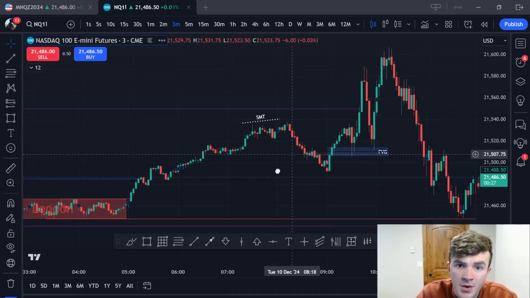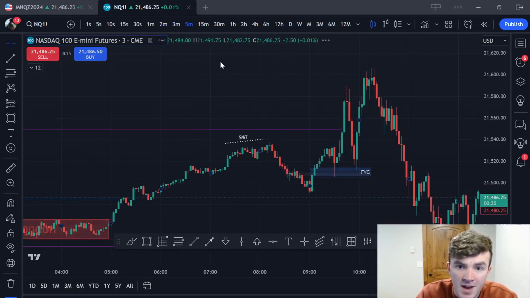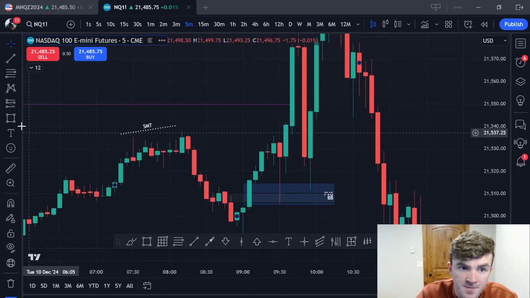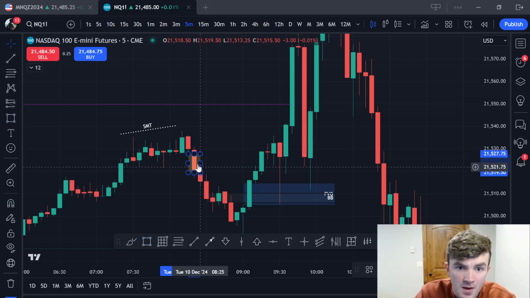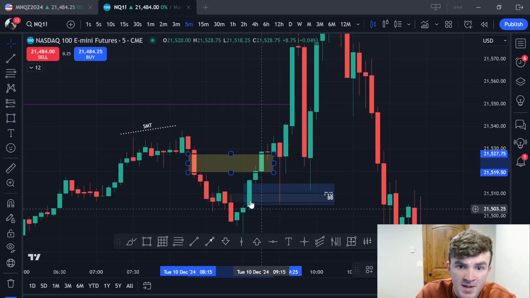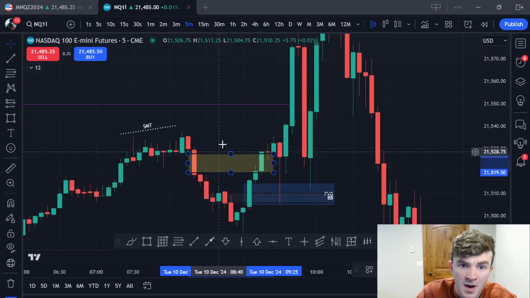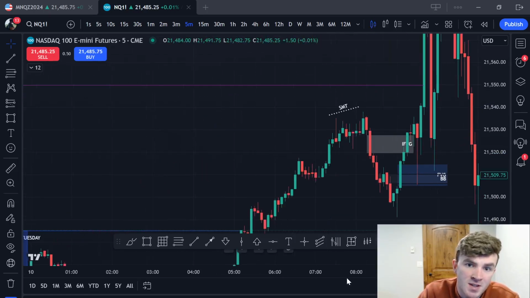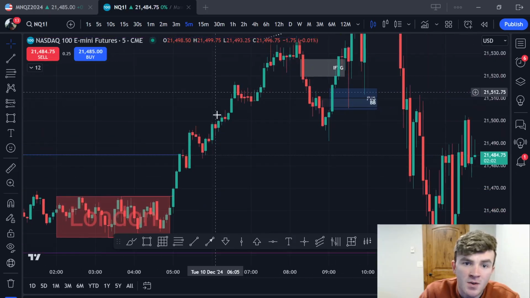And so although my idea was correct with this trade, this 5-minute inversion, it's important to realize that my stop loss should have been below this fair value gap as well. And so that was just on me, but my bias at this point was correct, because I realized that, okay, we're actually within